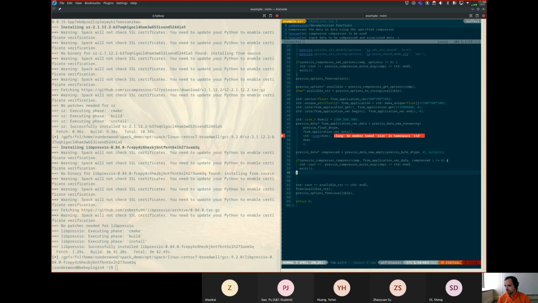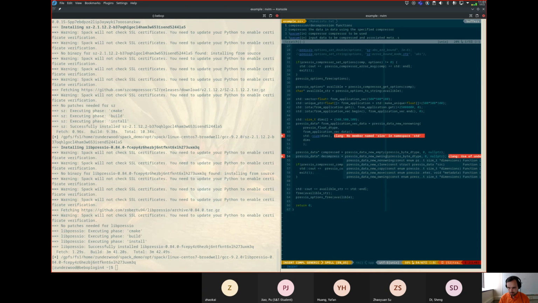Any questions on what I've done so far? So what we're doing here on line 54 is we are allocating